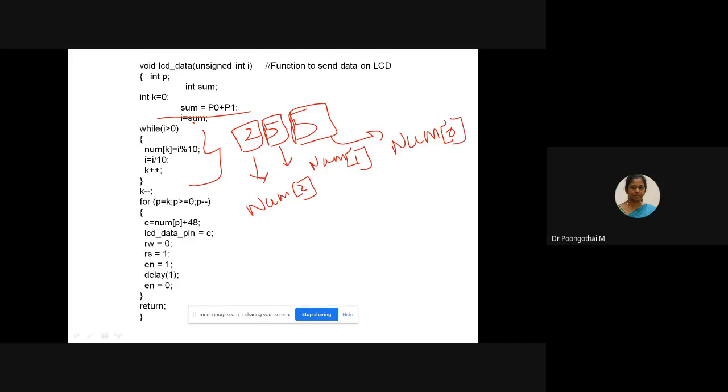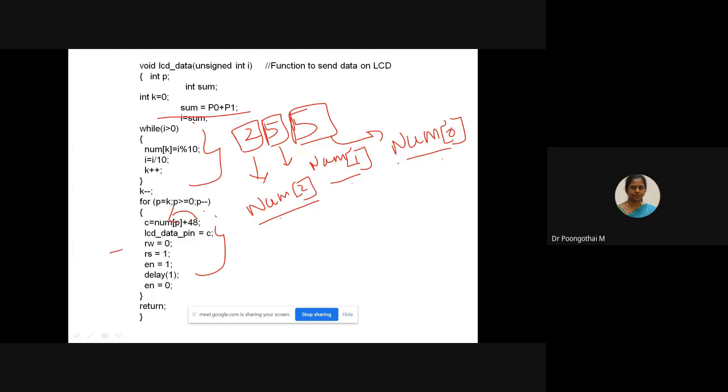Is that clear? After performing this operation, modulus of 10 and divided by 10, number of 0 holds 5, number of 1 holds 5, and after separating the value, we have to add 48 to number of 0, number of 1 and number of 2.